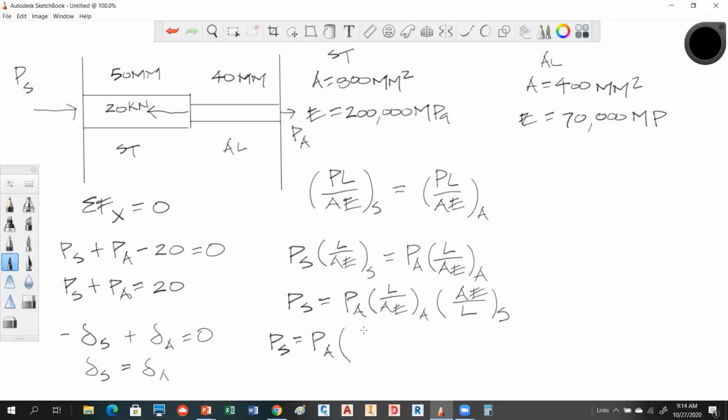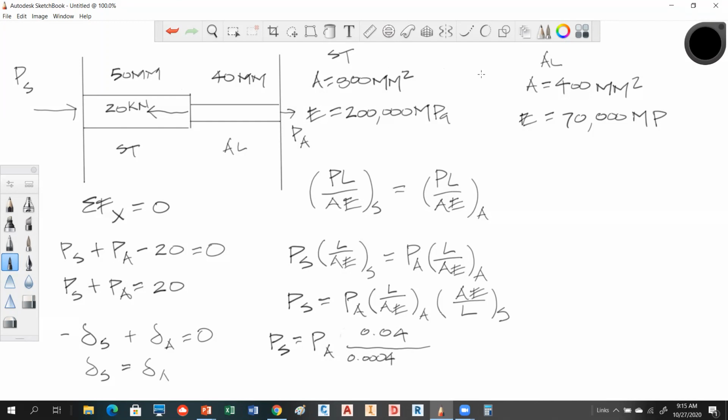So we're going to have 0.04 divided by the area of the aluminum, which is 400 square millimeters. So we need to divide that by 1,000 squared, remember? That gives me a very small number. I'm going to clean this up a minute, sorry about that, I'm going to run out of room if I don't. I'll bring that guy back here in a minute. So I have 0.0004,